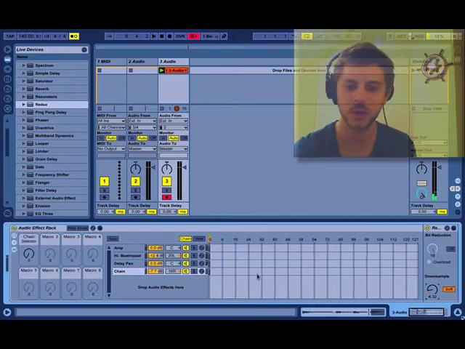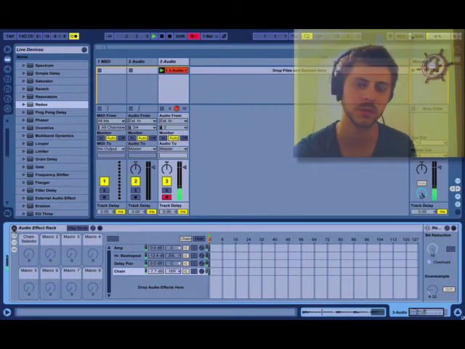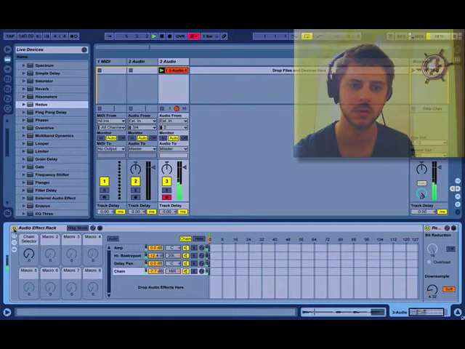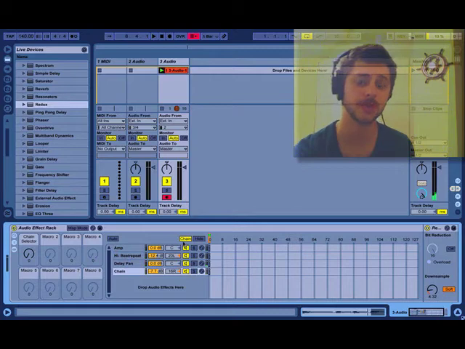Alright, so let's just listen to the dry sound of the guitar before we had any of these effects, and you can see how drastic of a difference it is. So this makes for some very creative possibilities, and